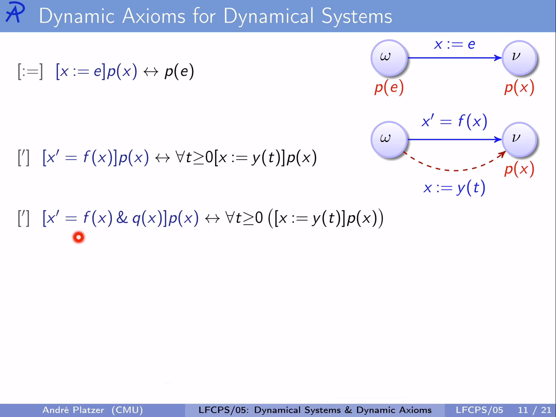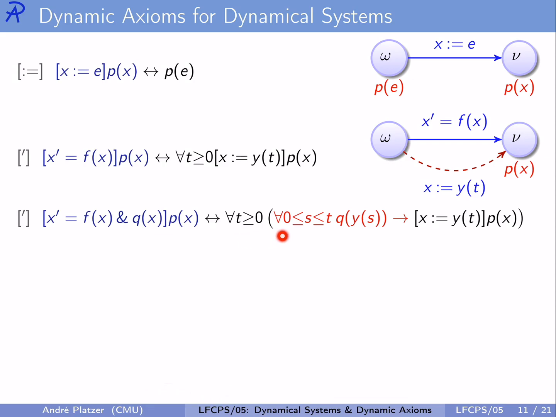What happens for a differential equation with an evolution domain constraint, Q of x? So always after following x' = f(x) & Q(x) is P true of x. Well, it should be something like that, right? It should be for all times t, after we put the solution y at time t and assign this to the variable x, then P is true of x. But hold on a minute, what do we do with the evolution domain constraint? Well, the evolution domain constraint is assumed to be true for the entire duration up until time t, which is what we use another quantifier for, and an implication that says